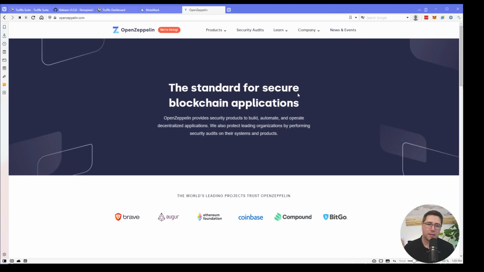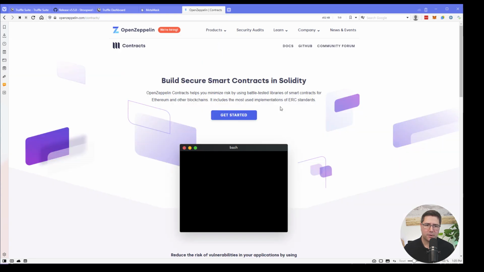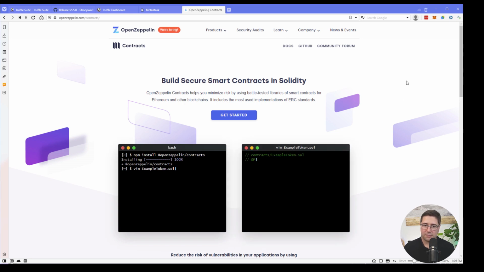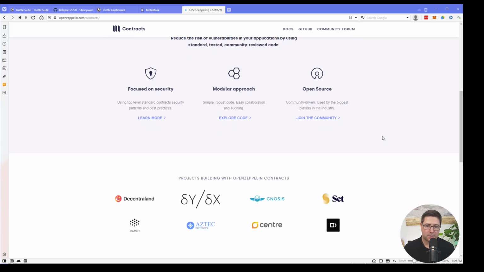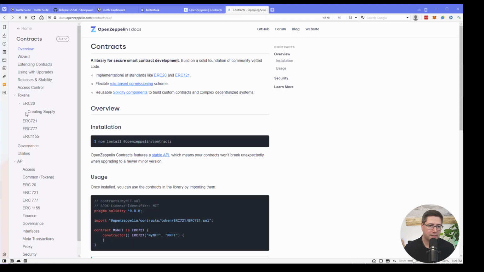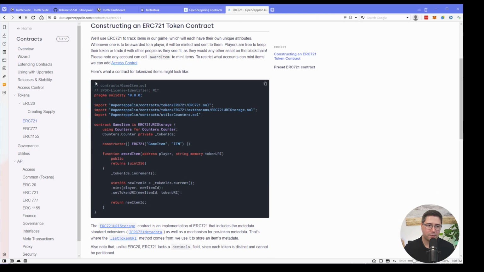So the question is now, can we do that also with normal smart contracts and migration files? And to test that, I will use these OpenZeppelin smart contracts now. Over here, products, contracts, and I'm going to deploy an ERC-721 token on Rinkeby. That is going to be an NFT, and I'm going to mint that. So how are we going to do that? We are going to the docs, and it's fairly easy. So ERC-721, we are going to